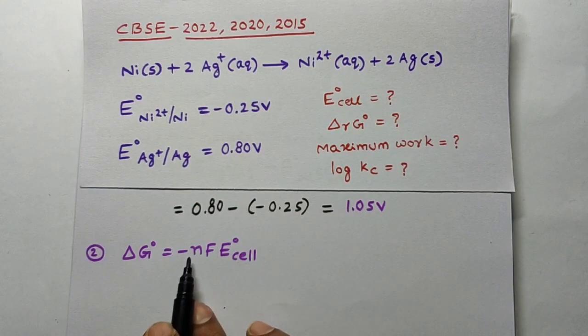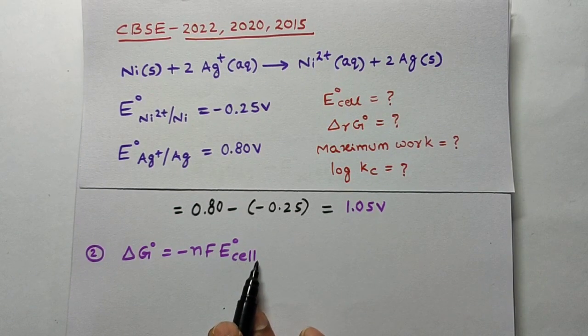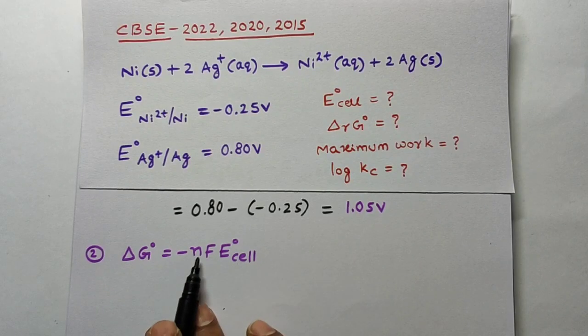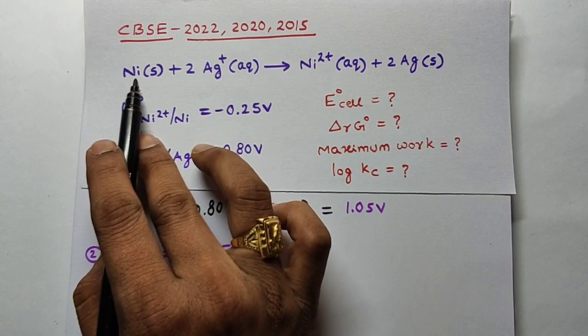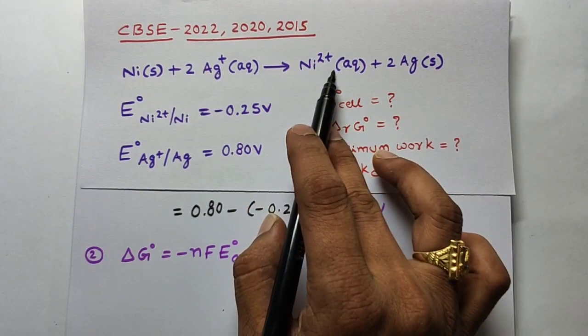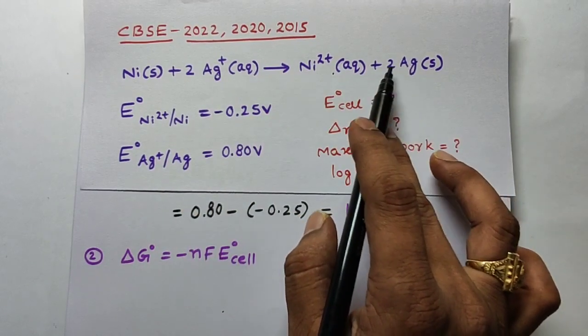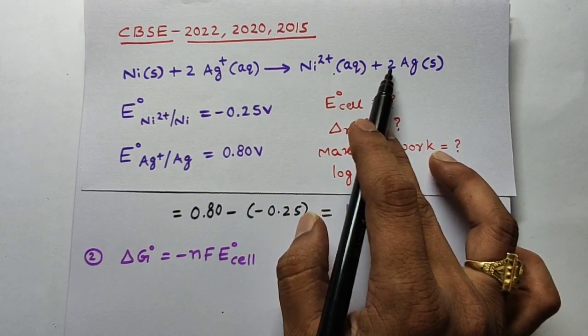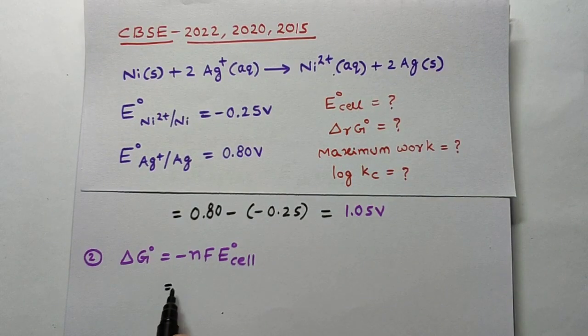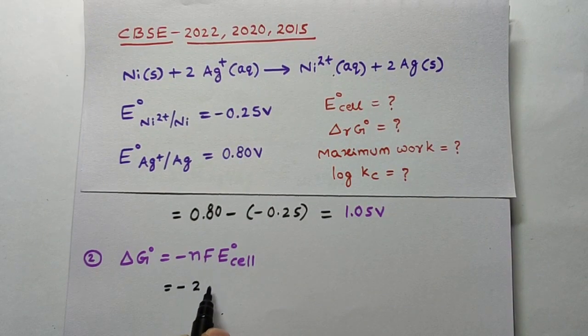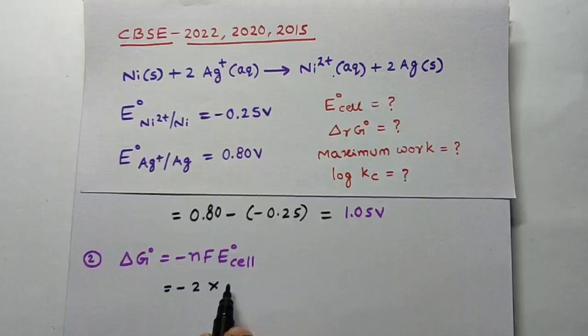Delta G naught equal to minus nF E naught cell. Here what is n? You can observe here. Ni converts into Ni2 plus, losing 2 electrons. Or Ag plus converts into Ag. Here 2 moles are involved, so 2 electrons. So how many electrons are involved? 2 electrons are involved. So 2 into Faraday value